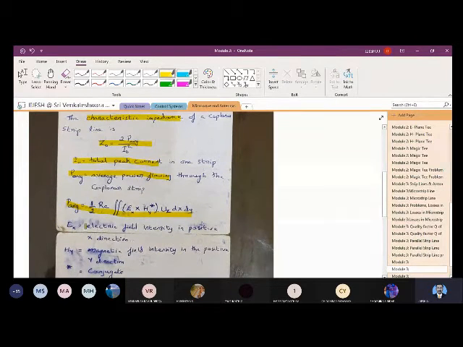If we substitute the P average in the equation for Z0, we get 2 times that complete equation divided by I naught square. P average is given as half of the real part of the integral of Ex cross Hy conjugate uz dx dy. Ex is the electric field intensity in the positive x direction, Hy is the magnetic field intensity in the positive y direction, and the star indicates the conjugate. You can just note down these things.